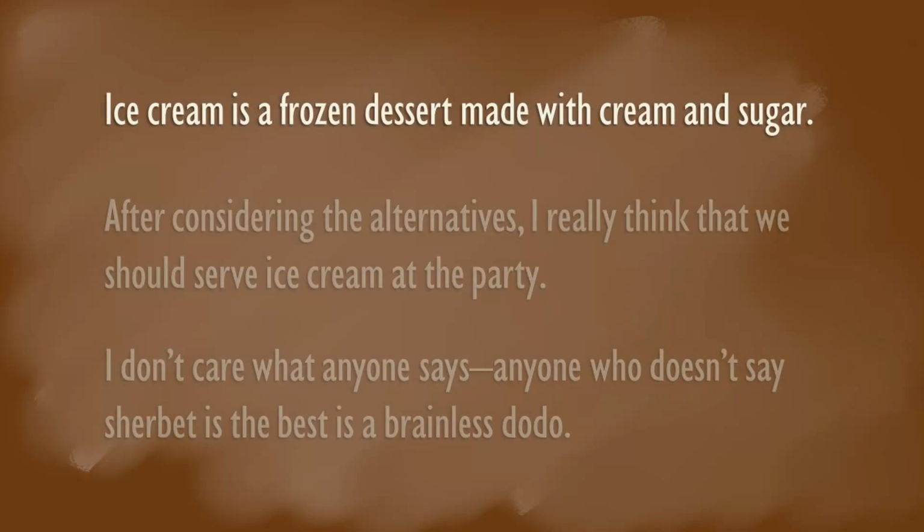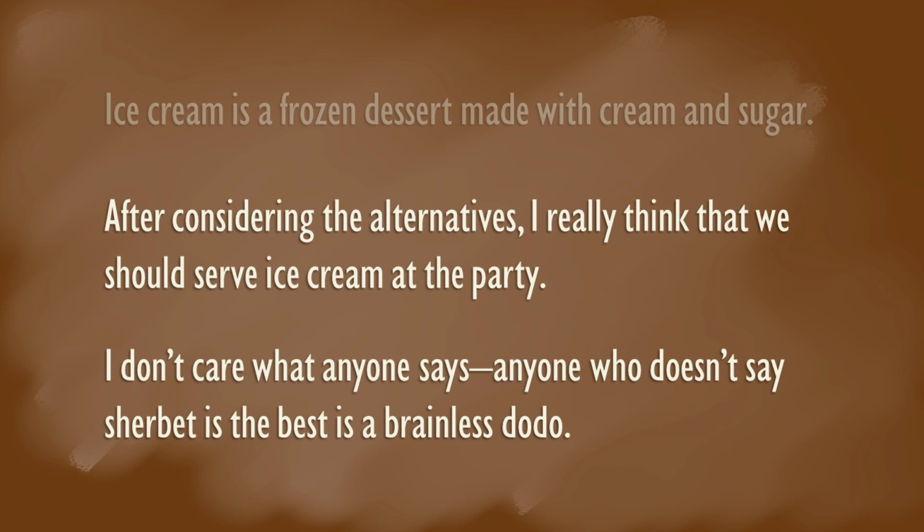So, to see what I mean, here are 3 statements. Of course, the first statement is just a neutral one. It merely states facts. There is no debating the truth value of a statement that ice cream is made with cream and sugar. But the second 2 statements are obviously not neutral. But one merely states an opinion while the other is biased. And you probably don't need me to say which is which, but we're having fun, so I will anyway.